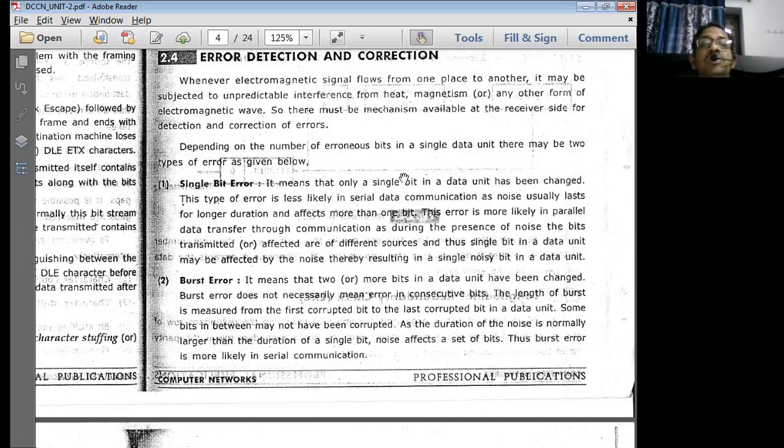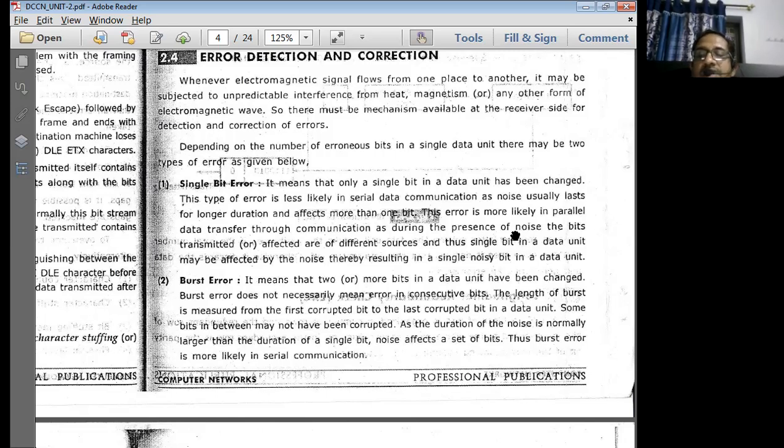Now, depending on the number of erroneous bits in a single data unit, the data unit may be of 8 bits, 16 bits, that means in powers of 2, like 2 power 7, 2 power 8. Usually we consider the bits in terms of bytes.